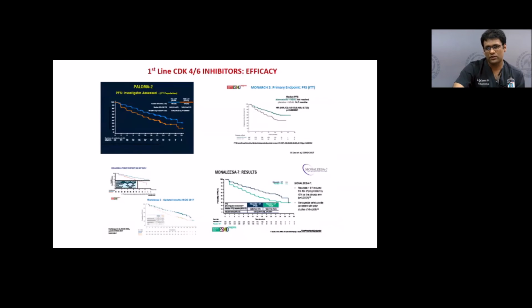So this is what I said earlier. The use of CDK4 and 6 inhibitors has gone from third line, second line, and now has reached first line metastatic treatments, and has shown significant improvements in survival, with improvements in quality of life because they're not exposed to chemotherapy. And the most exciting thing about these treatments is that the median time to progression in many of these patients was about 4 to 5 years, and their survivals were in excess of 7 and 8 years. So you're looking at drugs that are not toxic and can be taken for long periods of time and significantly improve their survival.